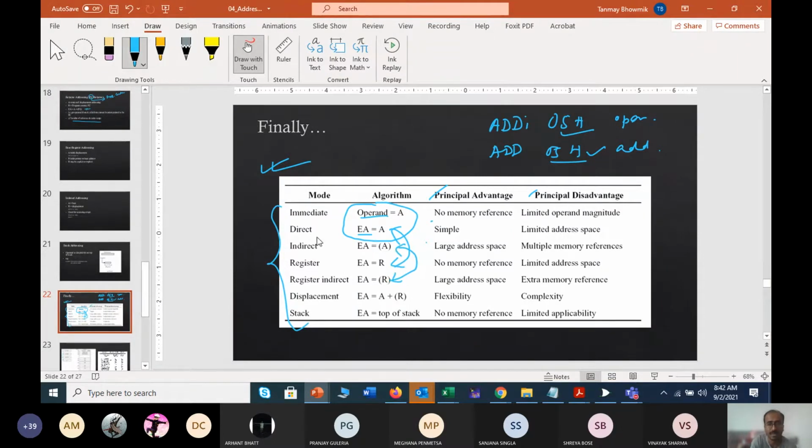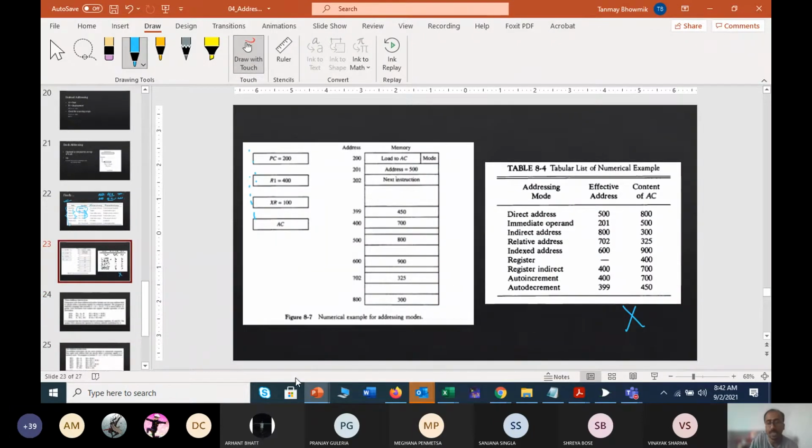Okay, just like in these two cases, what is being done through memory? In these two cases, the same thing is being done through some register. So now you can go directly to the numerical problem. Let me first read what is actually given in the numerical problem from the book.